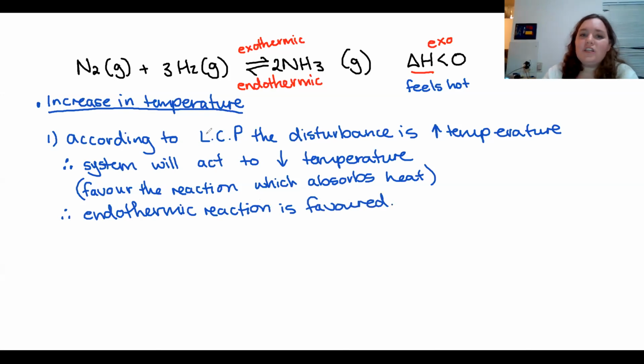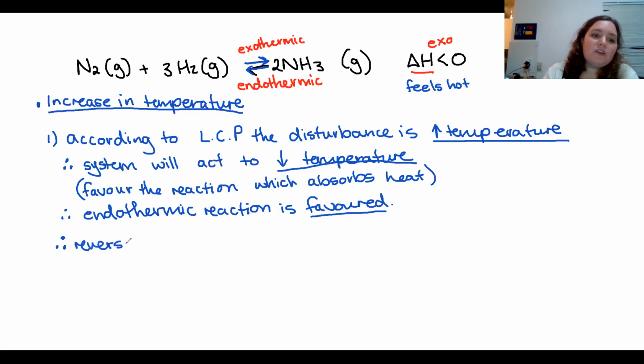Okay, so according to Le Chatelier's principle, the disturbance was an increase in temperature. Therefore, the system will act to decrease the temperature, or to favor the reaction which decreases the temperature. You may choose either. Therefore, the endothermic reaction is favored. Favored is a very important word here. You remember when I drew this in, exothermic referred to the forward reaction and endothermic referred to the reverse reaction. Technically, these have both got little arrowheads on both sides. So I would then say, therefore, the reverse reaction